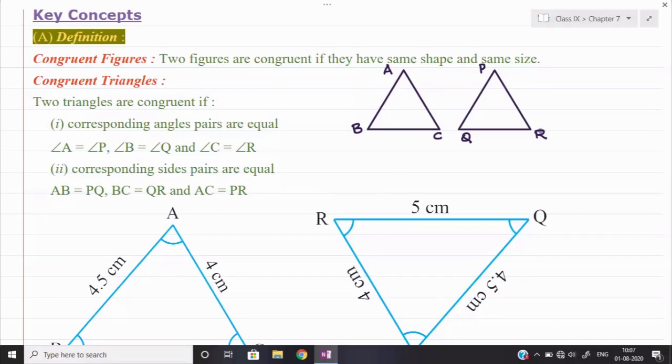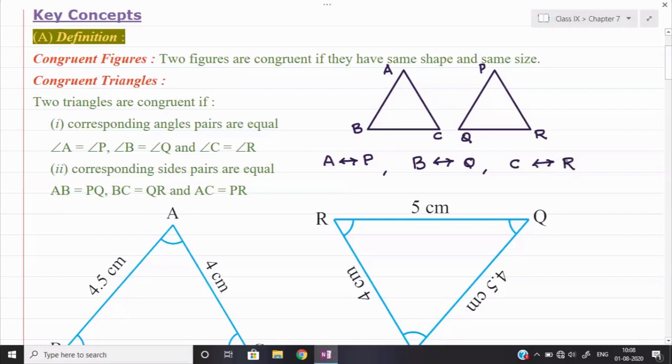So which two are there? Definitely you will see in triangle ABC vertex A is coming, and in triangle PQR the vertex P is coming. So here we shall say A is corresponding to P. Okay. Similarly, if I ask you which two vertices of both the triangles are coming on your left side, you will say the vertex B is corresponding to the vertex Q. Similarly, C is corresponding to the vertex R.